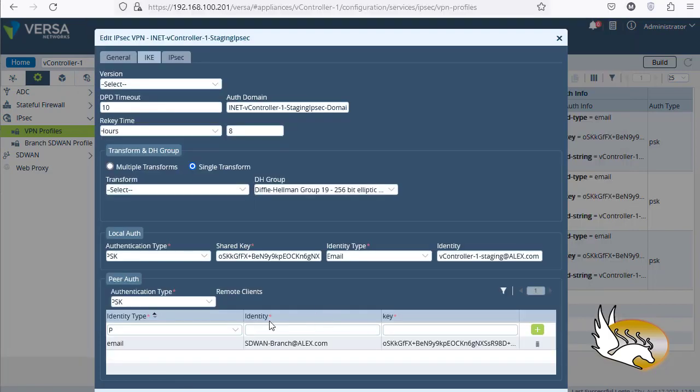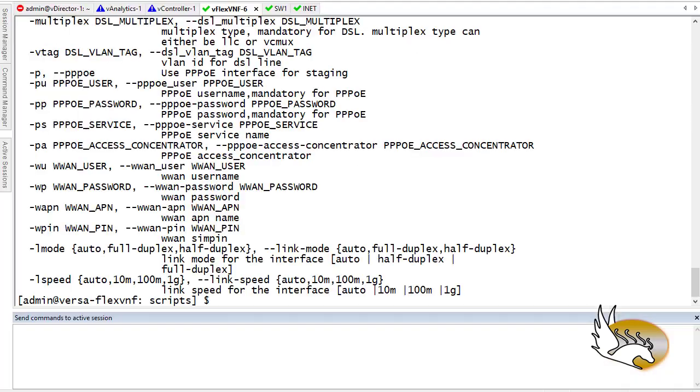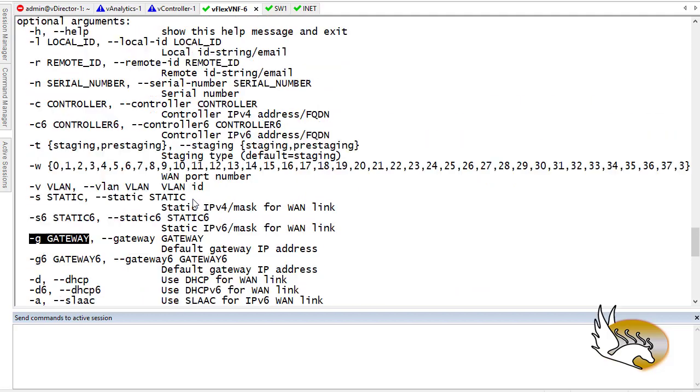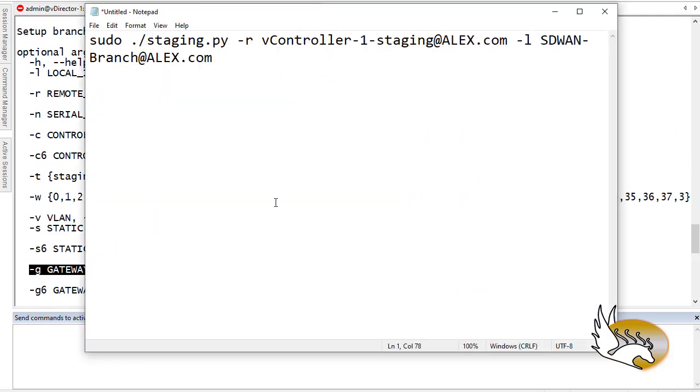And for the local identity, you can see that this is the local identity. I'm going to select this. This is the identity of the whole SD-WAN network. So I'm going to say -L is going to be this. Now, what are the rest of the information? Like I said, we have to have -N, which is the serial number. So that's going to be